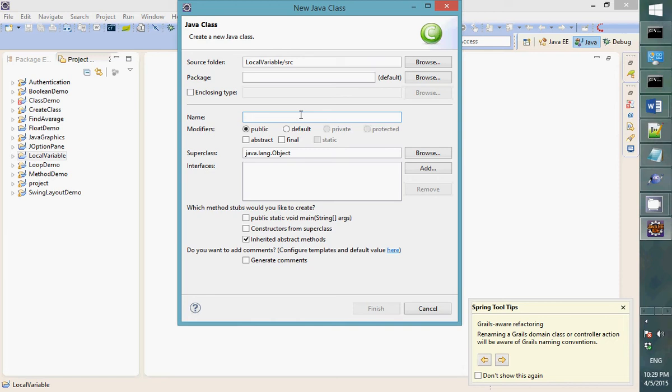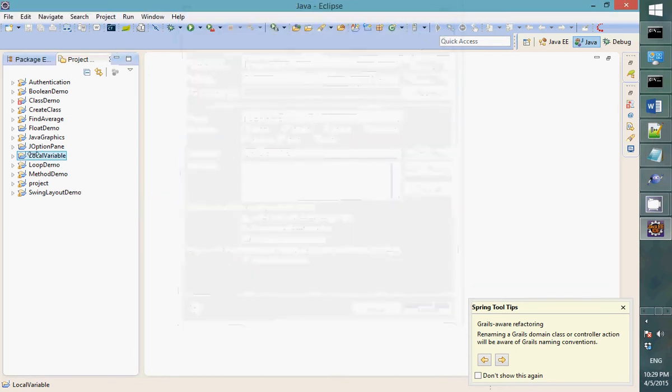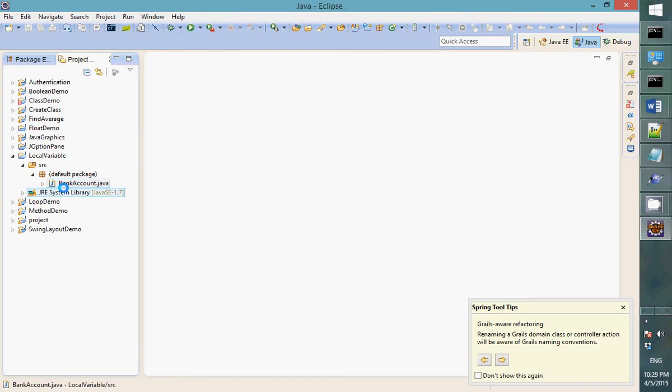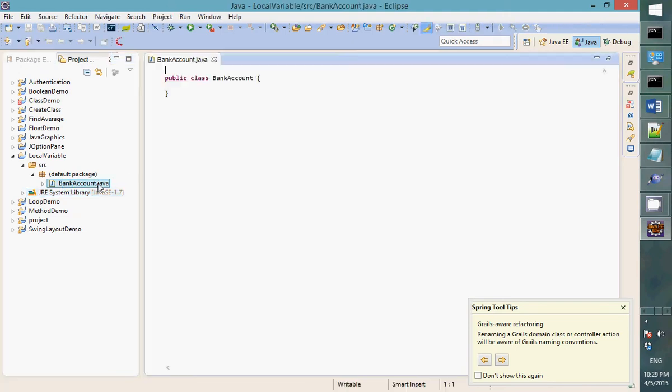For example, I'm going to create a bank account. This is a class, and in bank account there's another type of variables, and this variable we call instance variables. The instance variables here are pretty much class variables that I'm declaring here. For example, the bank account should have an amount. So amount is an instance variable of type double,